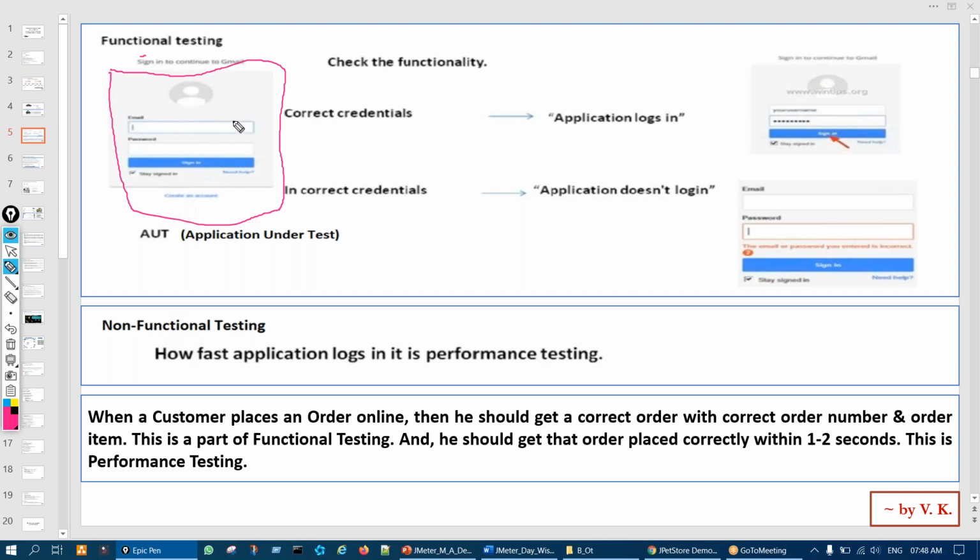And in that, what will be the possible test cases, like whether it is taking correct credentials or not. If we are providing incorrect credentials, what is happening, right? The email should be in the proper email format, like @ should be there, .com should be there, right? If an incorrect email format is provided, it should not accept, it should throw some error message.